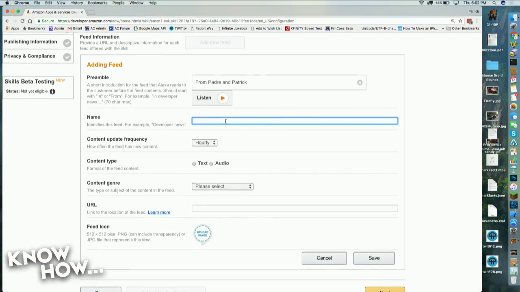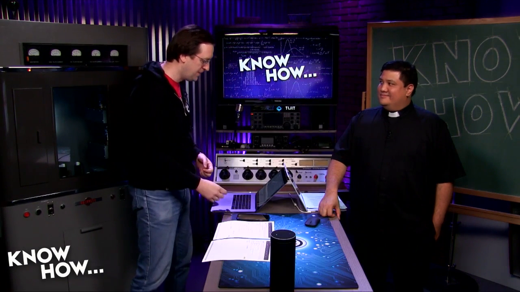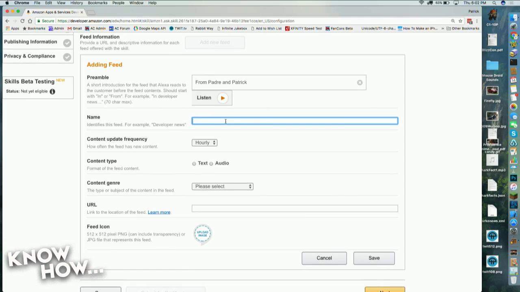And you can adjust it so it sounds like something you want people to hear every time they hear your flash briefing. You don't want it to be too long either. And then the name of your flash briefing. So this is the name of the feed. You can actually have multiple feeds in there. I haven't played with that, so I'm not sure how that would work. But anyway, so this is our